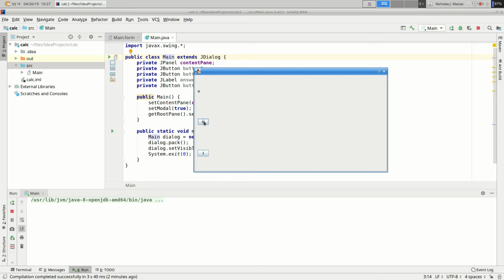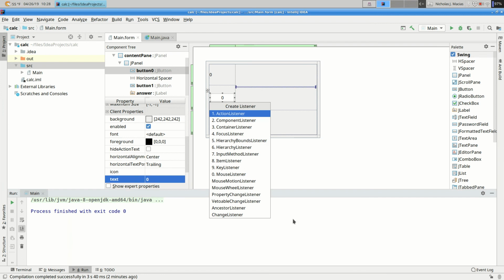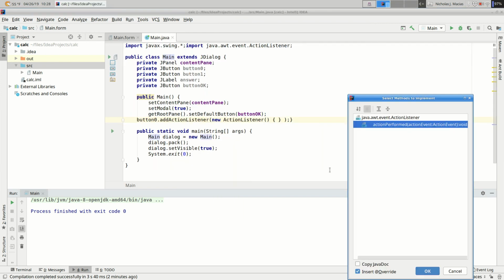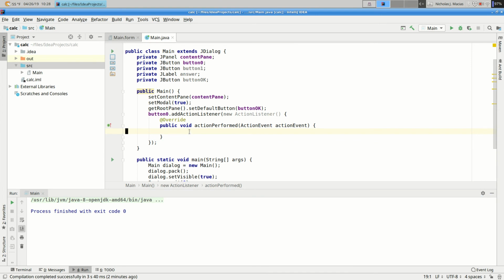All right, so let's do something when we press the 0 button. Go back to the form. Let's right-click on the 0. Let's say Create Listener. We'll add an action listener, and let's put some code here to add a 0 to the display.